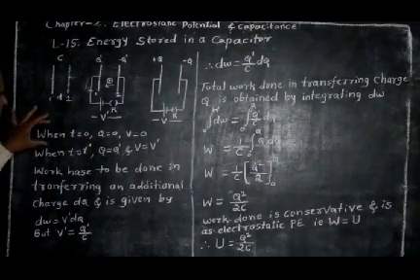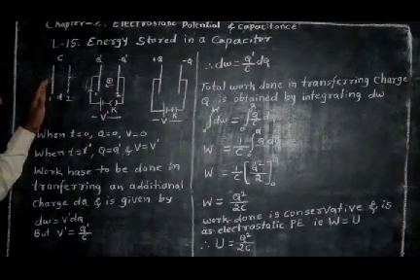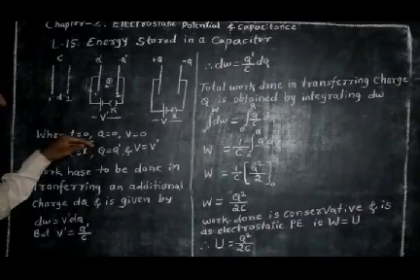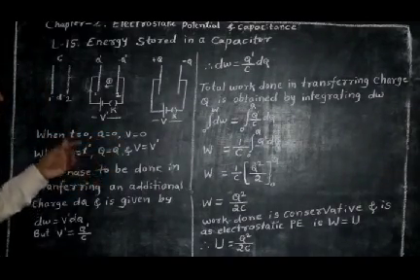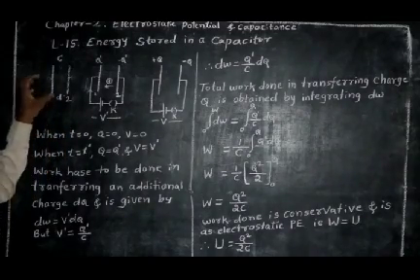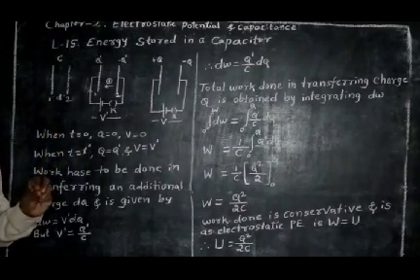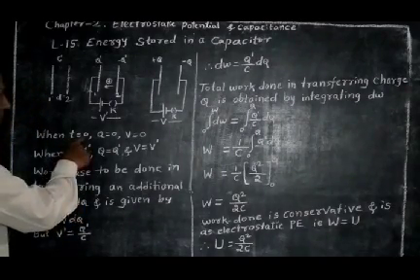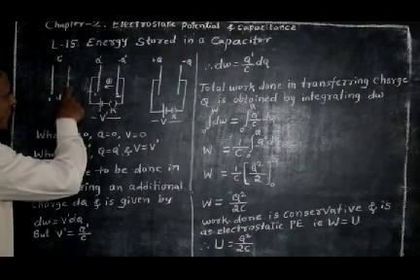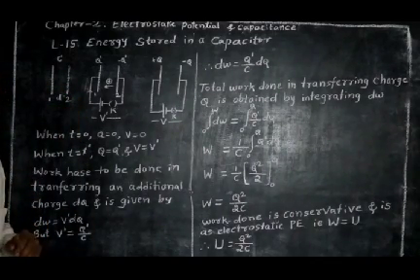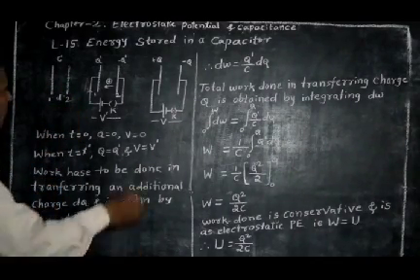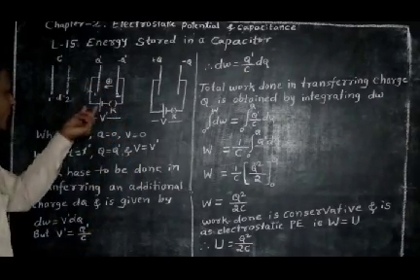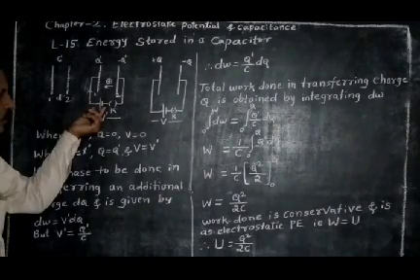Initially, when t equal to 0, the capacitor is uncharged. Therefore, at t equal to 0, q equal to 0 and V equal to 0. If there is no charge, there is no potential difference. Hence, in the first case, initially, that is t equal to 0, q equal to 0 and V equal to 0. And then the capacitor is connected to an external battery or cell